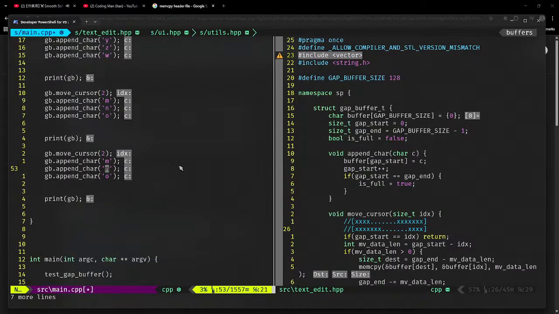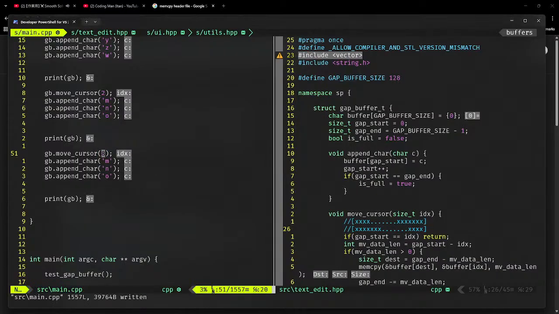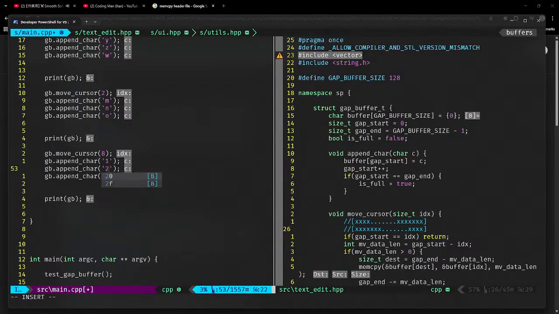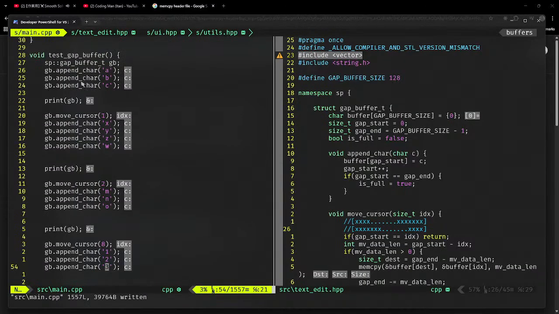So this micro testing is important. Like we write a big piece of code and we don't test it, then it becomes very hard to modify things later on. So maybe it will just start after Y, but let's put 1, 2, and 3 and just see. Because right now it should have around 10 characters, so 8 is a reasonable number. Yes. So with that, if we test this gap buffer,